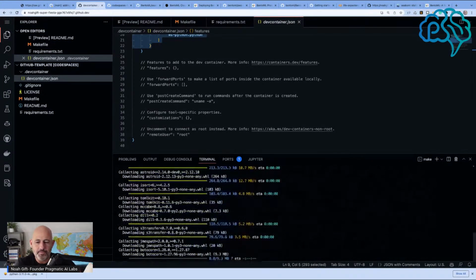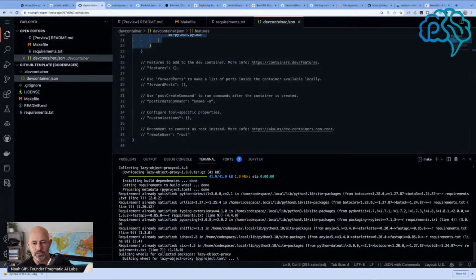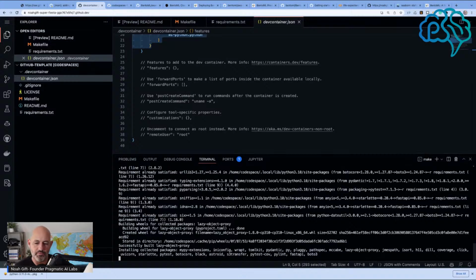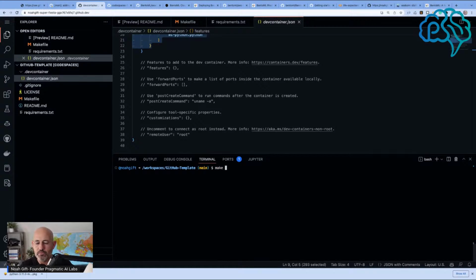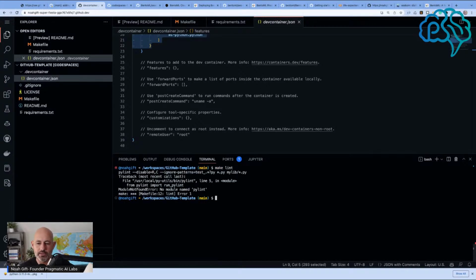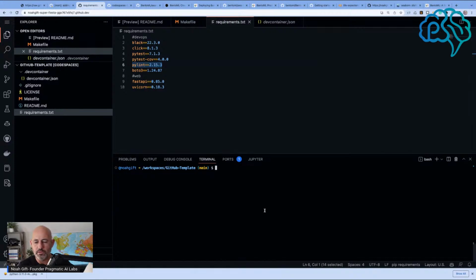So one of the things that I would want to do is add a Dockerfile to this so that I could basically pre-install packages and things like that. But that appears to work. And then if I do make lint, the lint module name pylint. So actually, this could be an issue because I did install pylint. So I think we do need the virtual environment here. And so if I say source -rc, what happens? See,